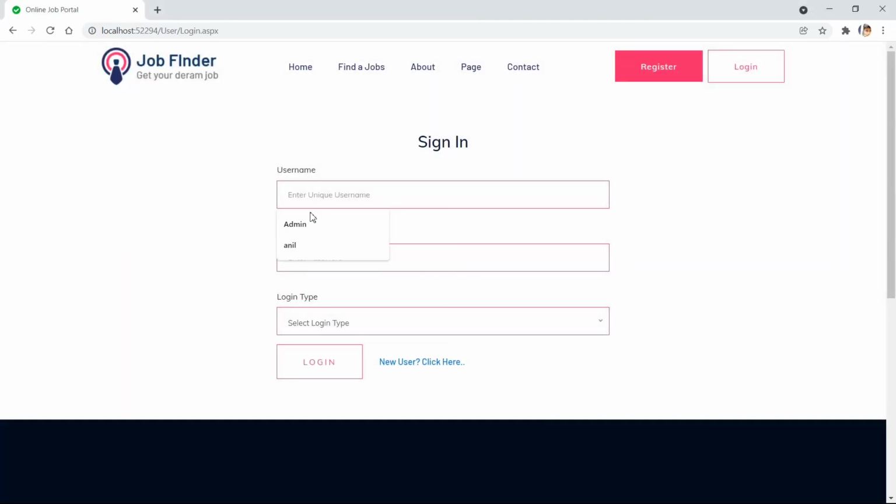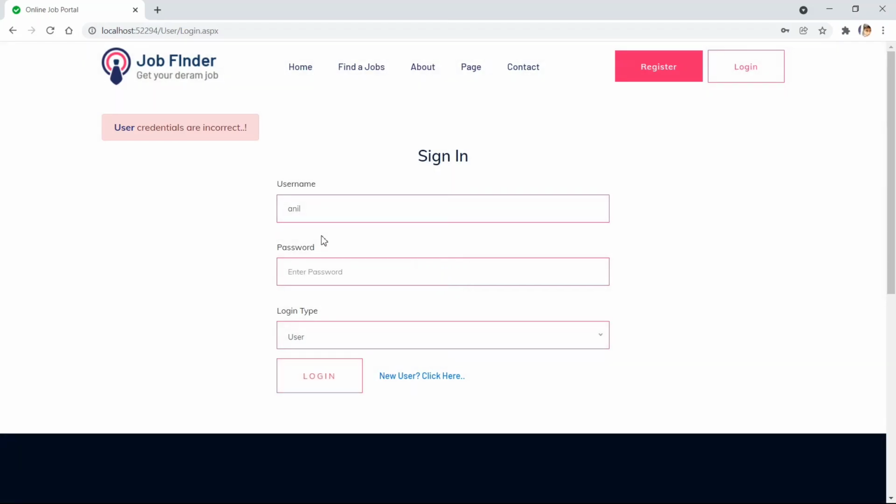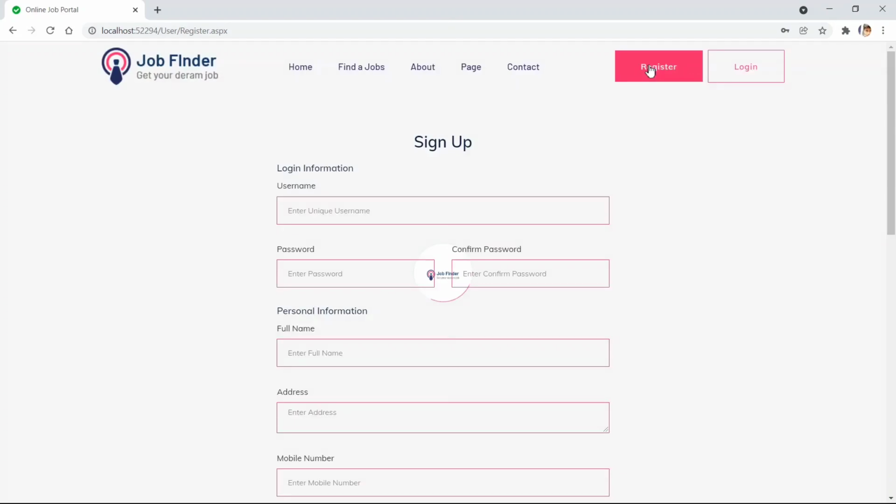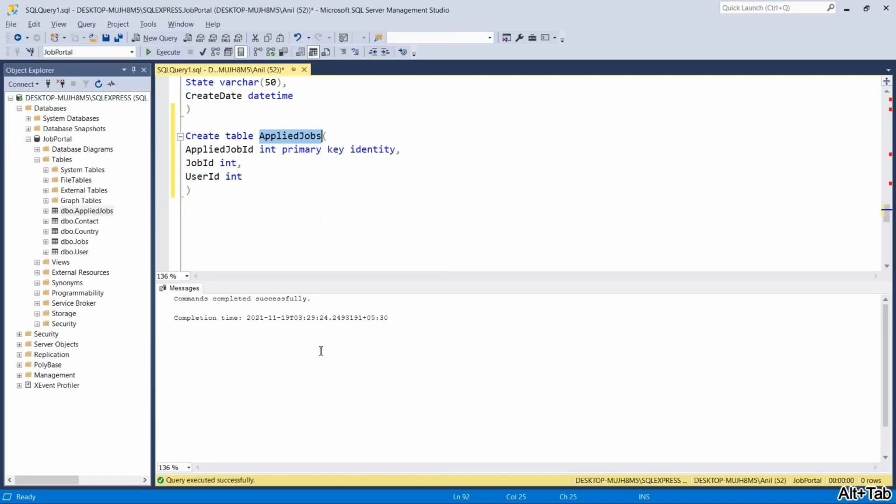So let's log in first as a user. I don't have any user registered right now. Let me check in the database whether I have one or not.